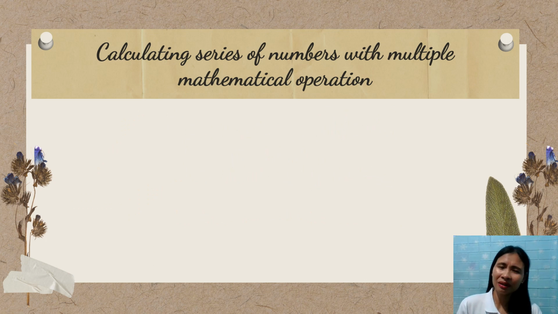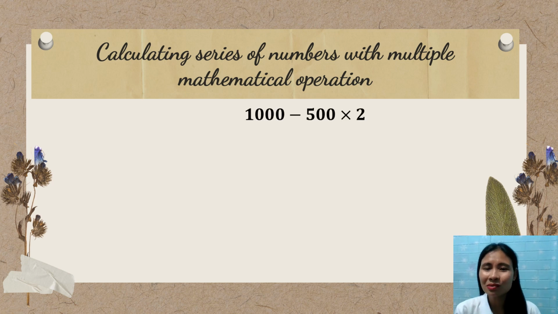Now, I have here prepared two different conditions. The first one, I was able to see in, I think, a competition, and many are asking, is that really the correct answer? The question is this one: 1,000 minus 500 times 2. And the answer was, if I still remember it right, 1,000, and it was declared as correct. Many are saying, oh, it's not the correct answer, the correct answer is like this, like that. Now, let me explain it to you.